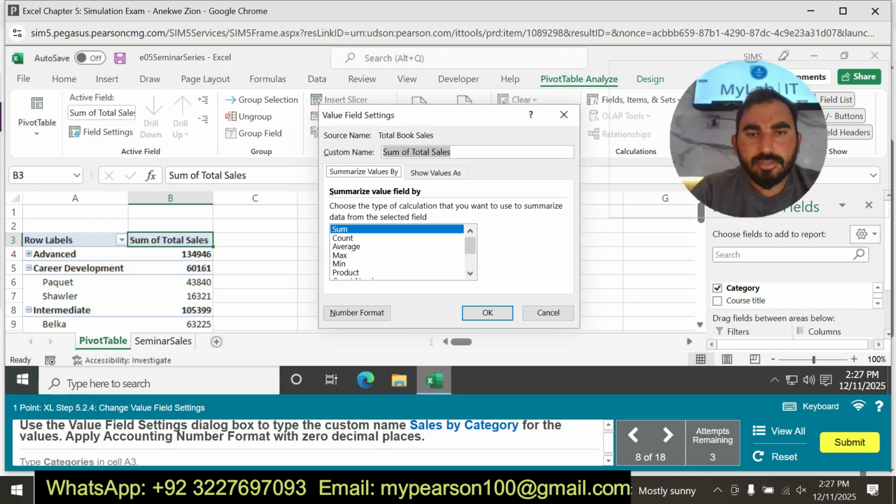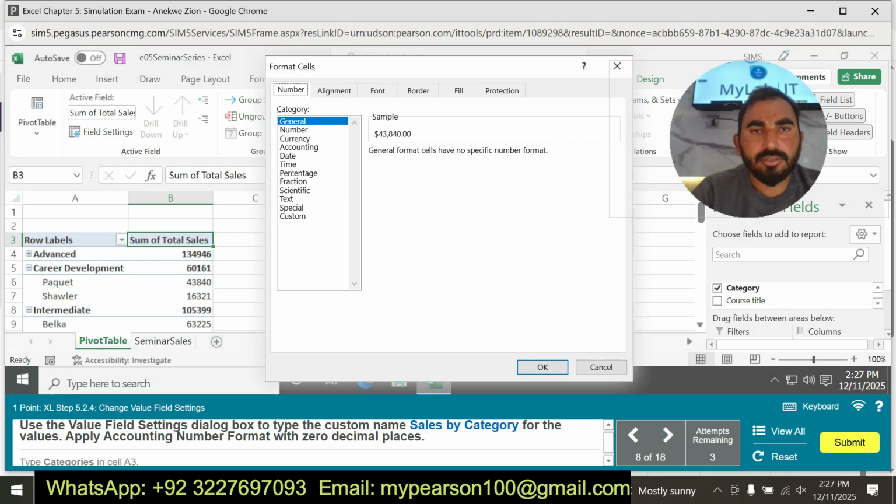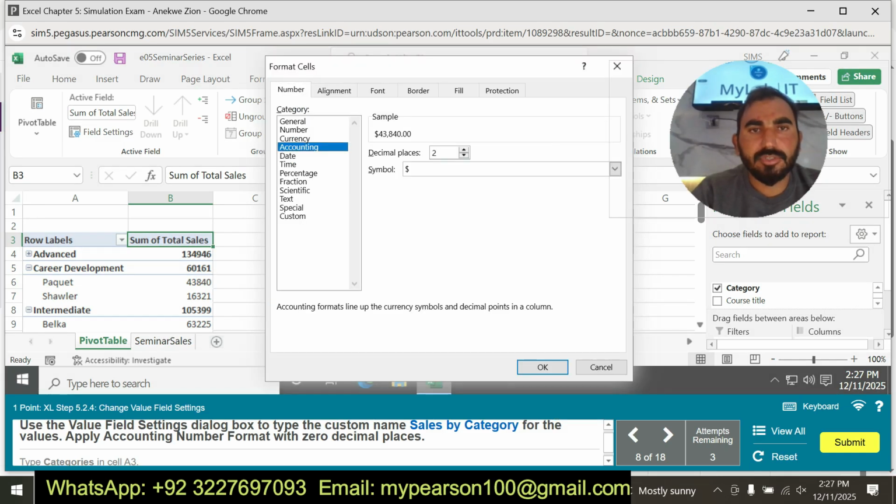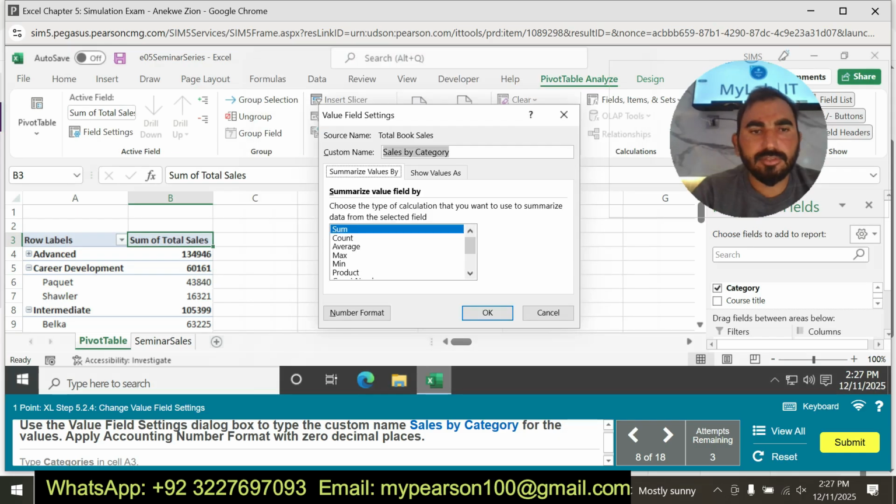Sum of total sales by category. Sales by category, apply the comma number format with 0 decimal places.